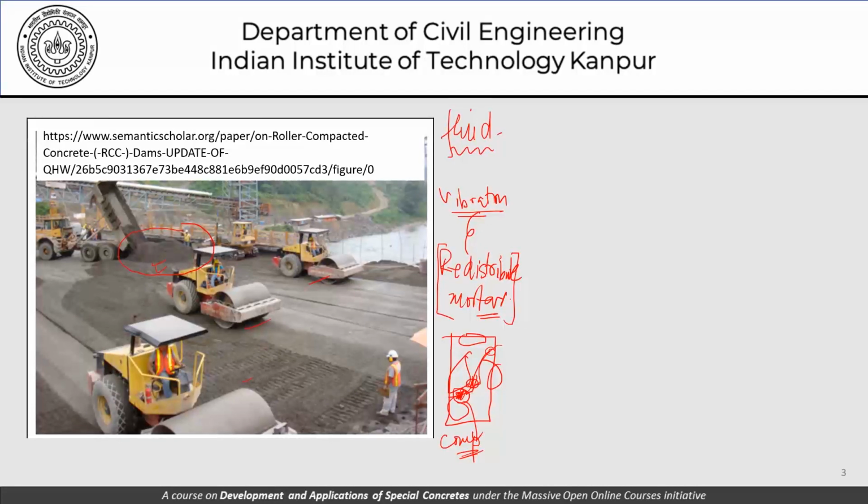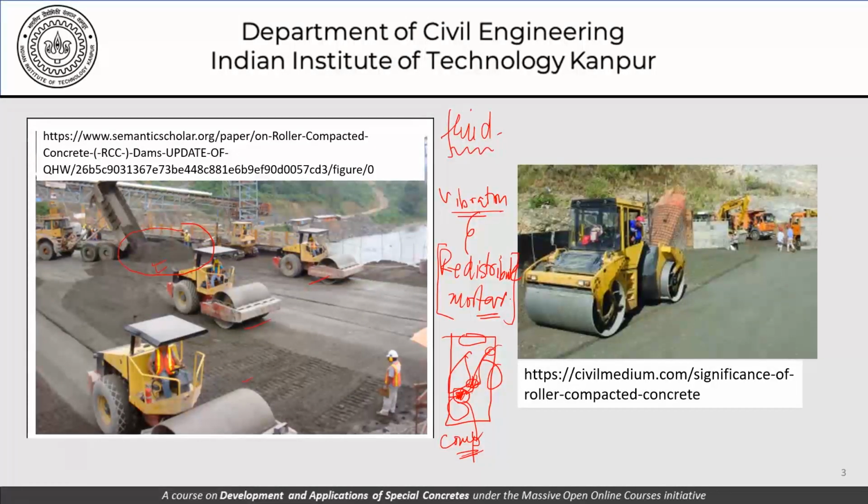So moving forward, this is just another picture of the roller compacted concrete being placed. Of course, it's a different type of roller. You would notice the difference between these types of rollers being used here and the kind of roller being used here. We can see that as this roller moves on this concrete, if you see closely, you'll probably see a difference between the levels here and here. So what we are achieving through this movement of roller back and forth along this particular width of the concrete which has been placed, we are really compacting the concrete possibly to this level.